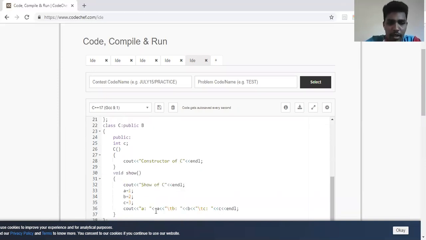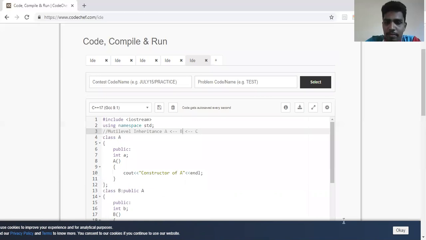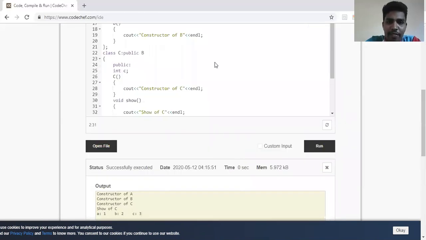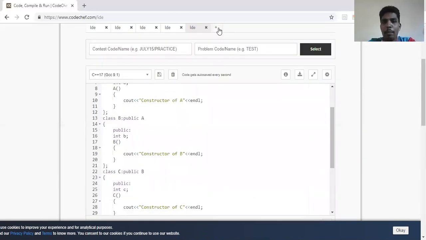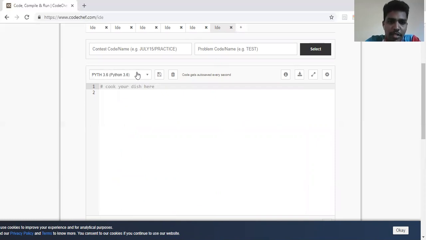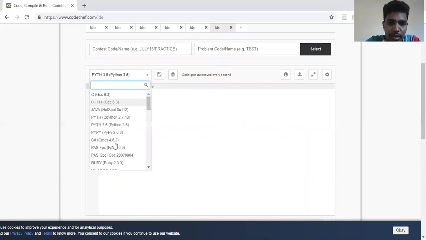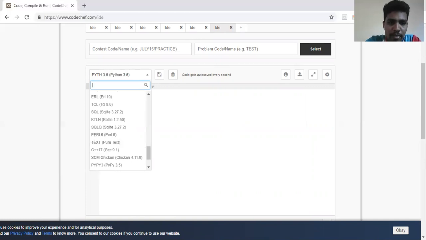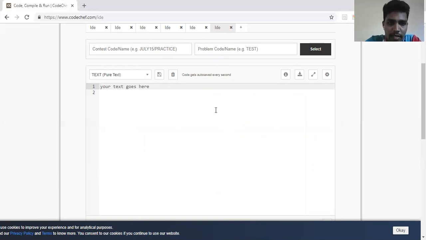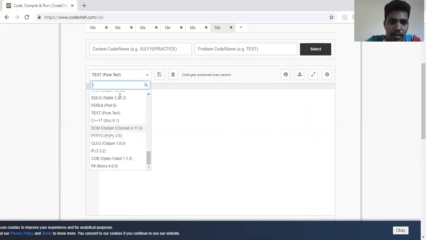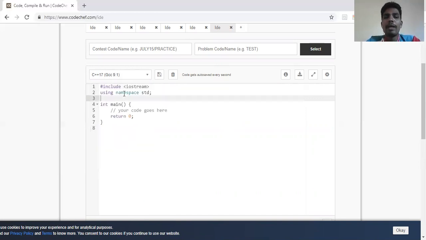Fine. So we'll go for the next kind of inheritance, which is called multiple inheritance. I'll change the IDE to C++. What do you mean by multiple inheritance?